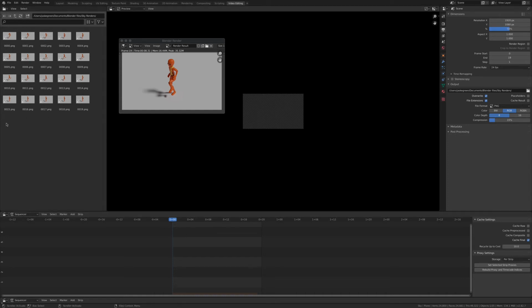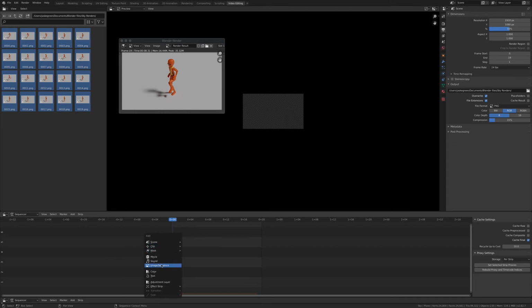If I highlight this and I click and drag, I can only drag one at a time, and that's not a good thing to do. You want to add these as a sequence of images. So the way to do that is to add. So you guys know how to add. You can use Shift A, or you can use the little add down here, add image sequence. And so I'm going to use Shift A,